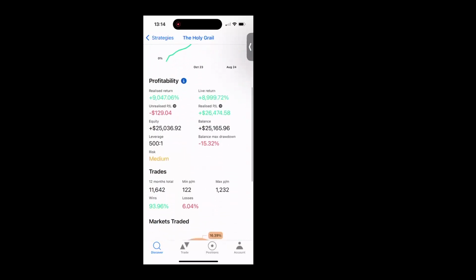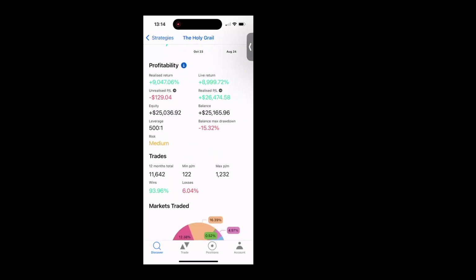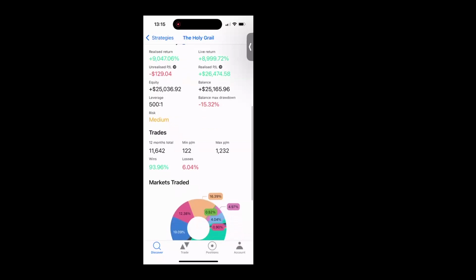You can also see various different statistical snapshots. So you've got realized return, live return, unrealized P&L, realized P&L. You've got equity, balance, leverage, max drawdown, which is the highest the drawdown was ever at on this app. Risk, which is based on a risk questionnaire that the signal provider had to do. And then you've got numerous